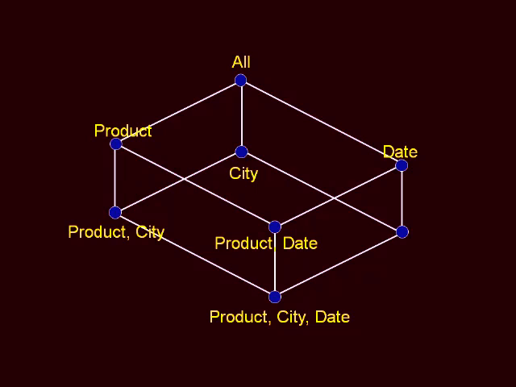Sir, why should we take a cuboid in a multi-dimensional model? Why not any other polygon if there are more than 4 dimensions? For understanding purposes, I'll repeat the question once again. Why should we take a cuboid in a multi-dimensional model? Why not any polygon when there are more than 4 dimensions?